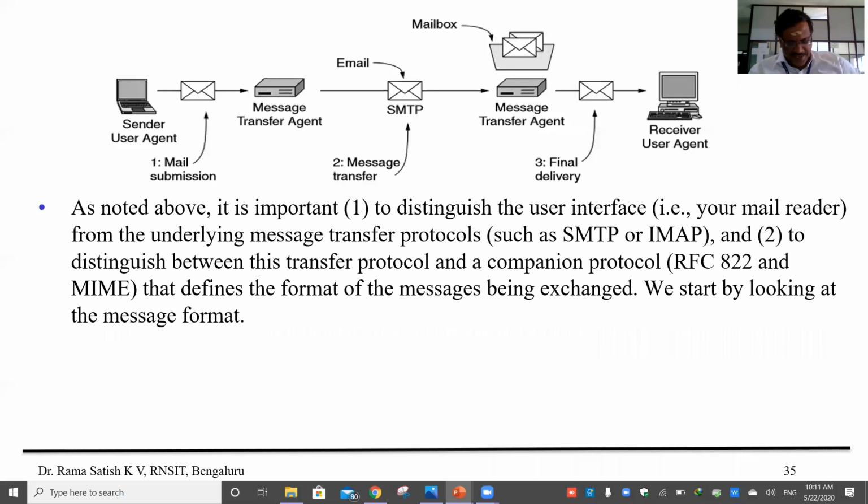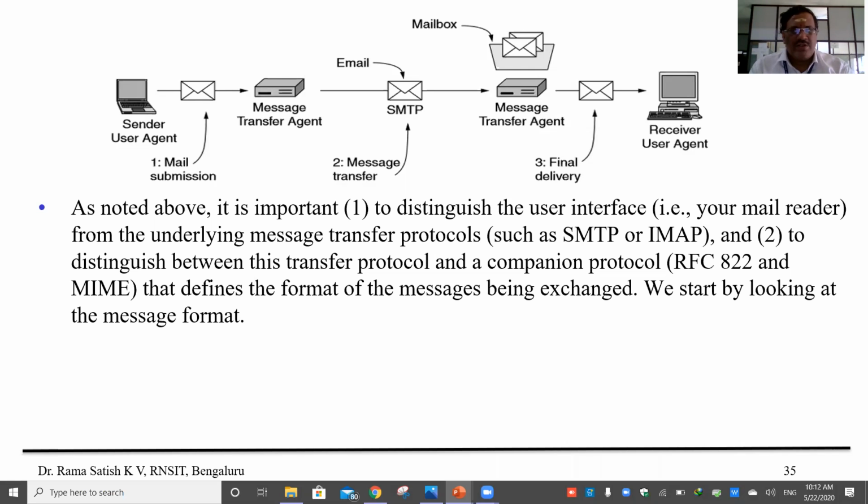But it should be an abstraction of the hidden complexities. Even though the entire mail operation is a very good, complicated application, that complexity should not be exposed to the user. That's why it is abstract.